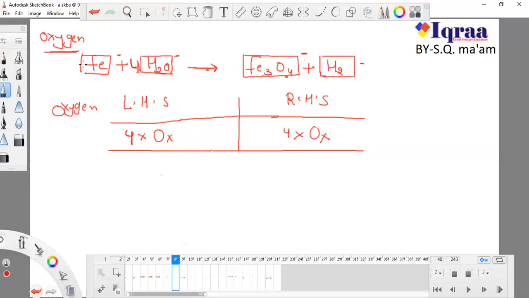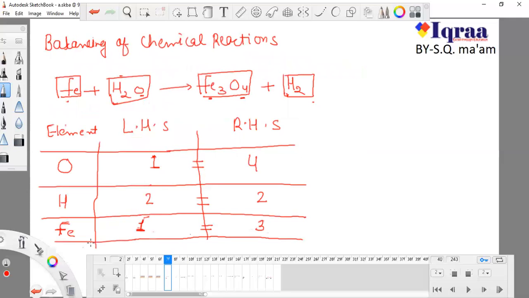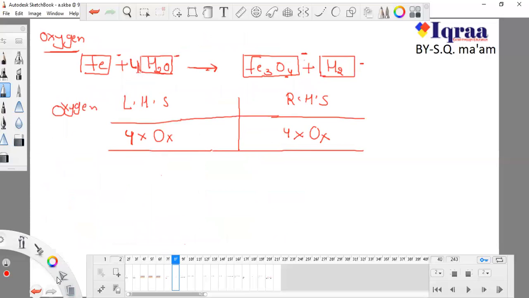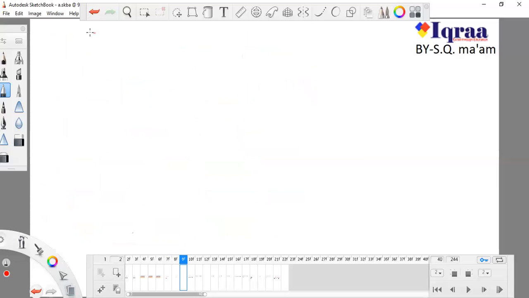So what should I do if I have done this? Now I am going to change my main thing. What is the main thing? That I have put 4 here. So if I have put 4 here, the number of oxygen is 4 here and 4 here, but there is a problem with hydrogen, that now the hydrogen is 8 here. And there is only 2 hydrogen here, so I have to do something which I will do on the next page. So write this. This is my changed formula.